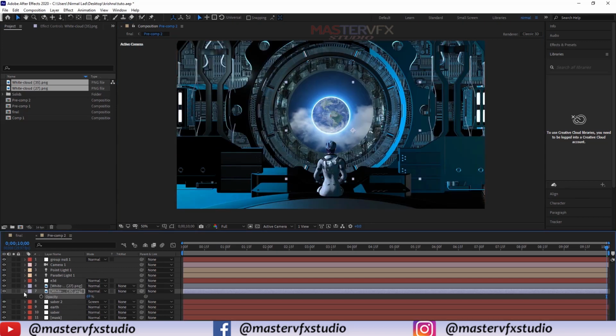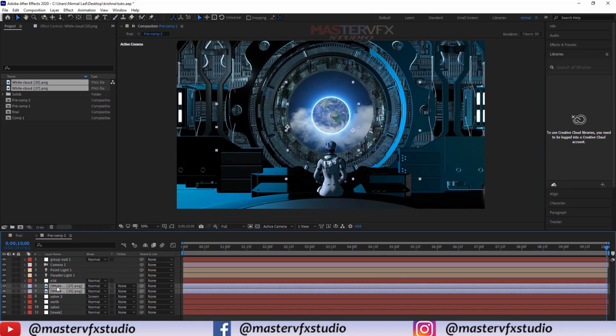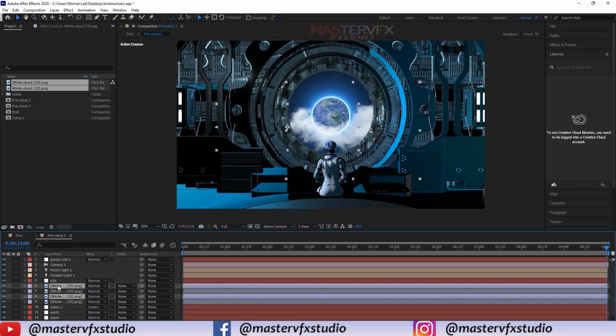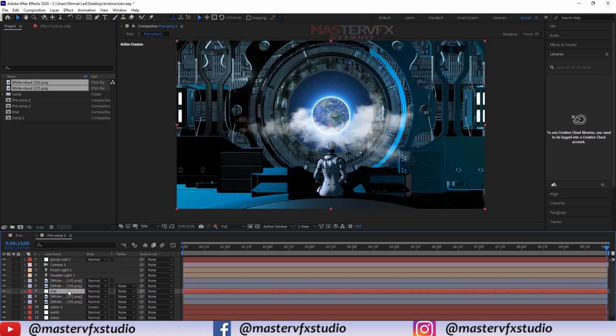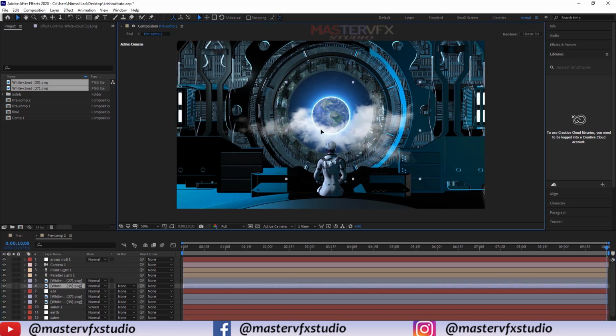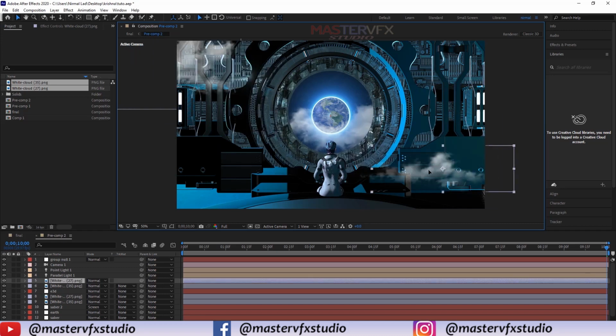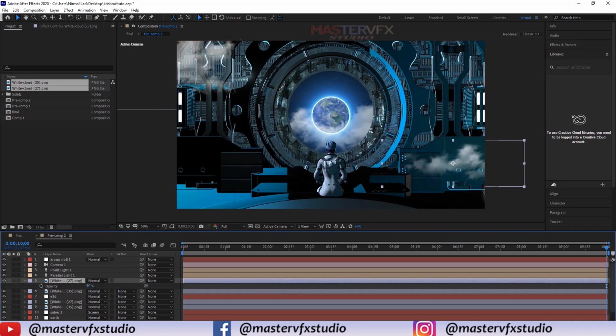Now select these two layers, press Ctrl D and put them above the Element 3D layer. Change the position here, and the second one's position is here. Decrease its opacity.